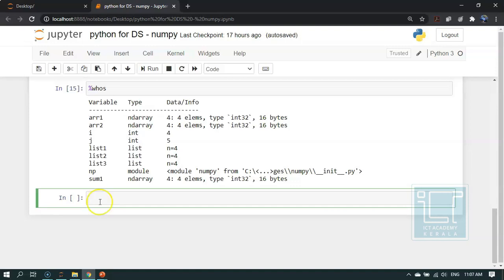Next, we are going to create a variable data2, which is a list of lists. I hope you all remember how we created a list of lists. So data2, in order to create a list of lists, we need two brackets. And now I am going to enter the values.